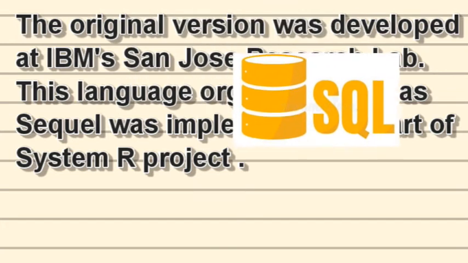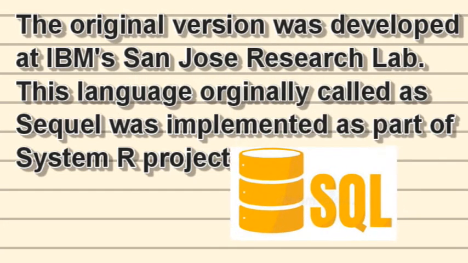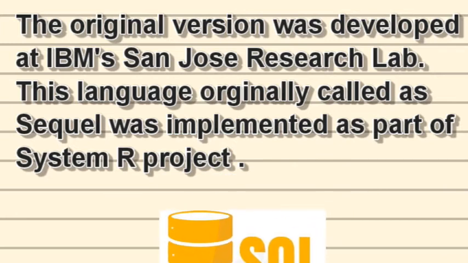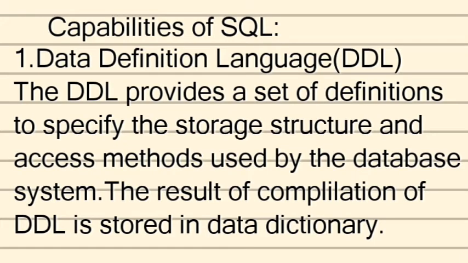First of all, we just need to understand what the different things, different languages, and capabilities of SQL are. Now coming to the capabilities of SQL, there are a number of capabilities available in SQL. But we are going to discuss each and every capability one by one so that it makes it clear enough what we mean by each and every capability. So the very first one is the data definition language. So what do we mean by a data definition language?